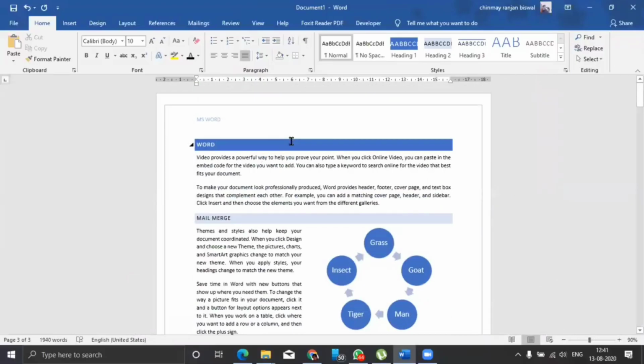The same way with the footer also, but there is some different options in header and footer. Now assume